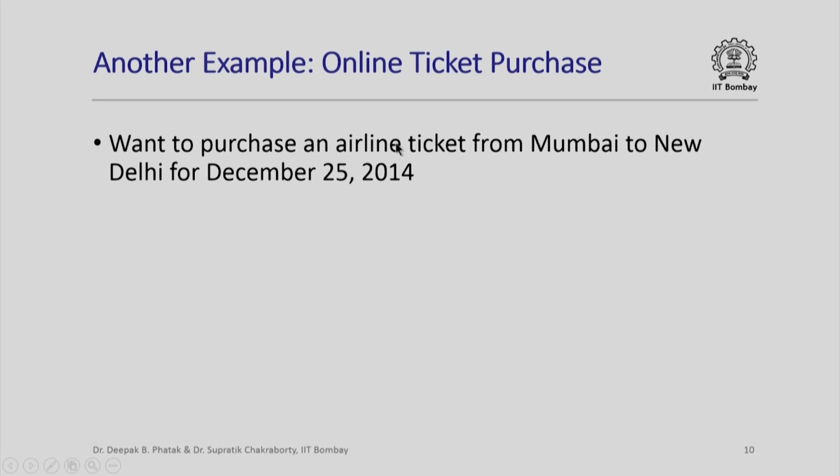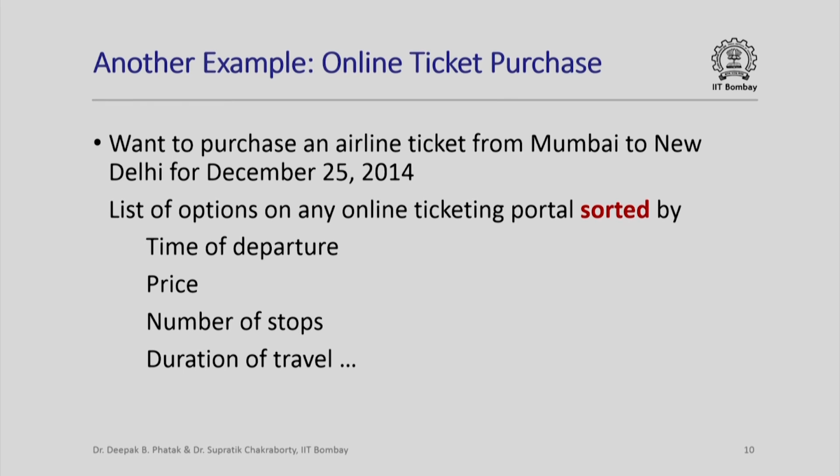Now as several of you know, there are several online airline ticketing portals. You could go to any one of them and it will list the various options, the various airline tickets that are available for December 25th, 2014 from Mumbai to New Delhi, and all of these options will be sorted by various criteria. For example, they could be sorted by time of departure, by price, by number of stops, or by duration of travel, and usually the user has the option of deciding what the sorting criterion should be, and also whether it should be sorted in increasing or